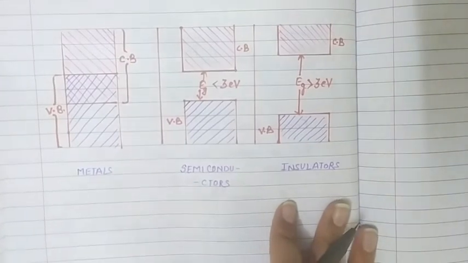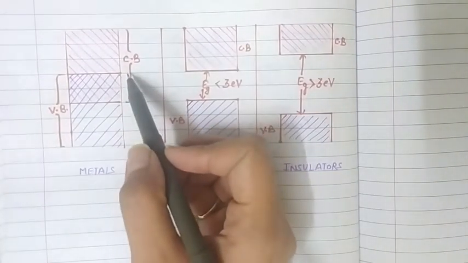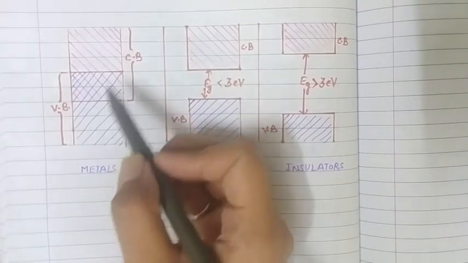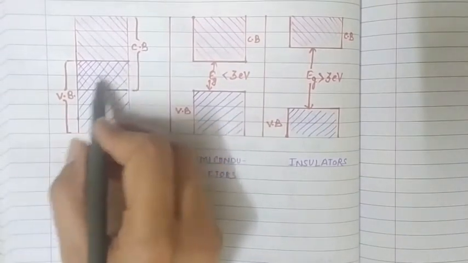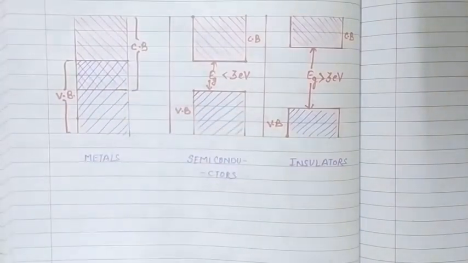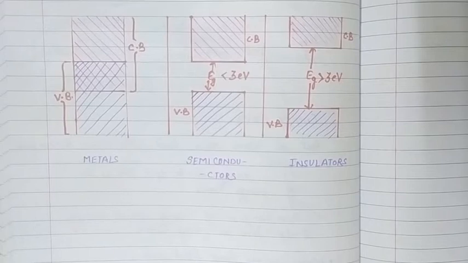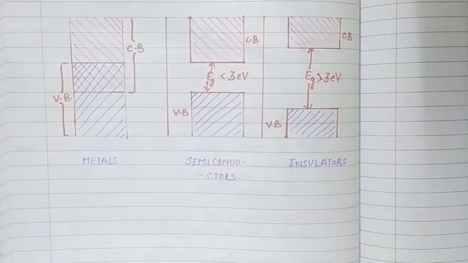In case of metals, valence band, that is the highest occupied band which is occupied by the electrons, overlap with the conduction band. So electrons in the valence band in this region are also present in the common region of valence band and conduction band. So they don't need extra energy for conduction. That's why they conduct easily, and metals show high conductivity in comparison to other material.